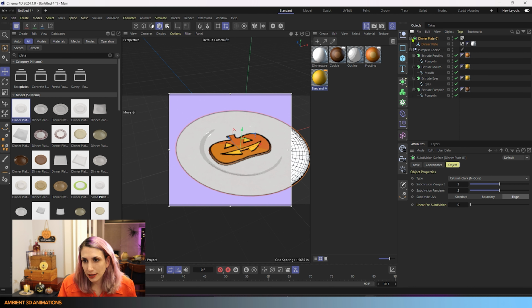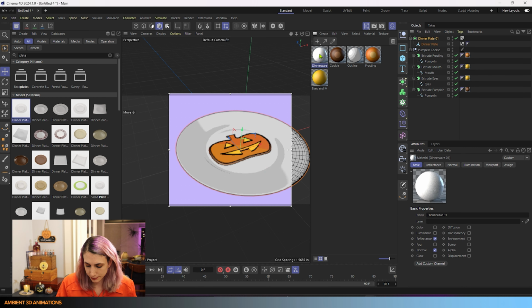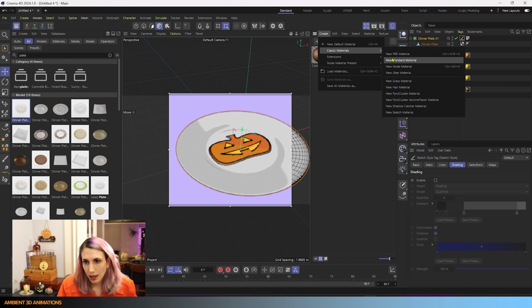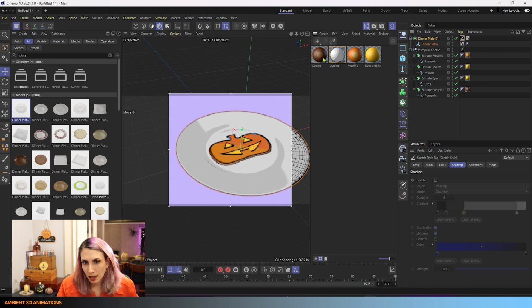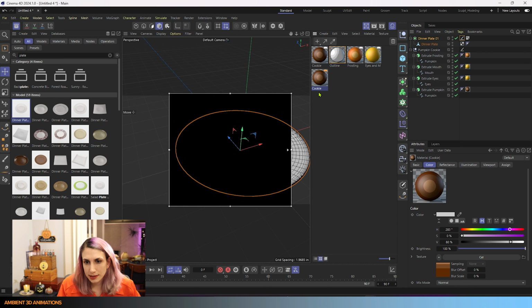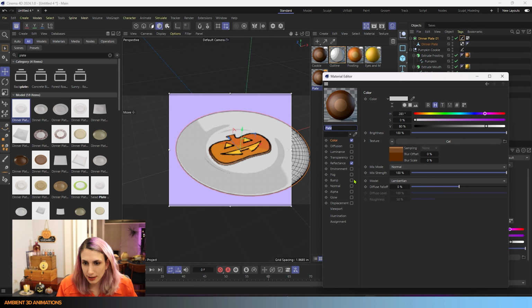Now our dinner plate looks far too realistic, so I'm going to delete that material there. Delete that. We want this to have the sketch style applied to it, and we also want to add in another one of these materials. I might actually, just to save time, copy and paste this cookie material, and I'll rename this plate, and we'll adjust the colors accordingly.